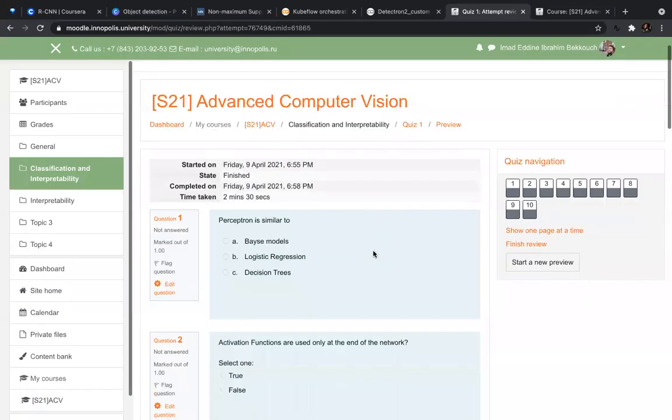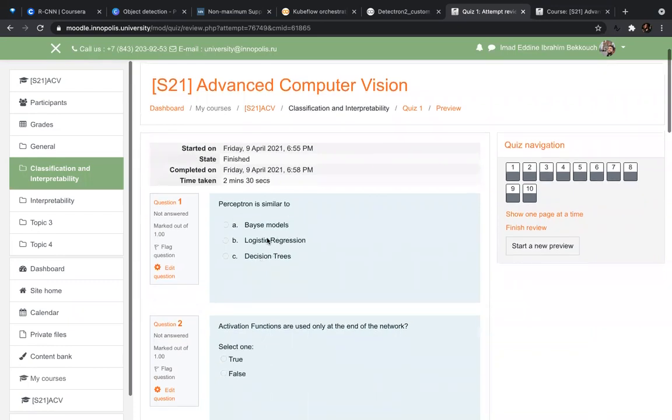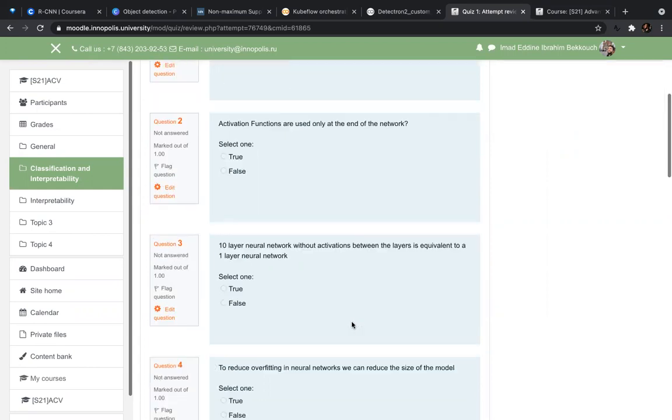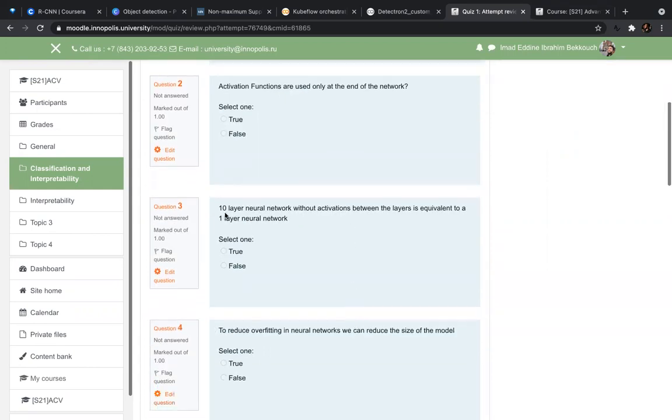There's the quiz. So first one, perceptron is similar to base models, decision trees, or logistic regression. We just said it in the revision. It's similar to logistic regression. Activation functions are used only at the end of the neural networks, which is not correct. It's used also in the middle of neural networks, right? After each layer. A 10-layer neural network without activation between the layers is equivalent to a 1 layer neural network. It's true because if you don't have the activations in the middle,